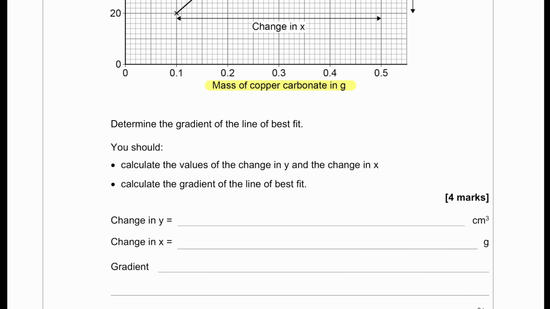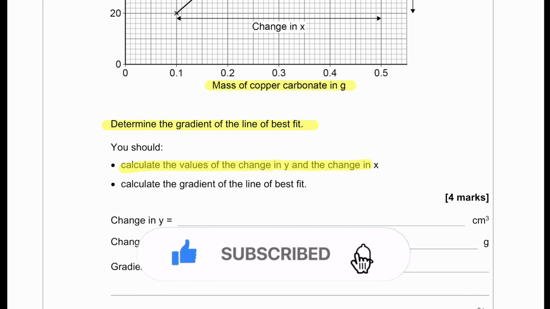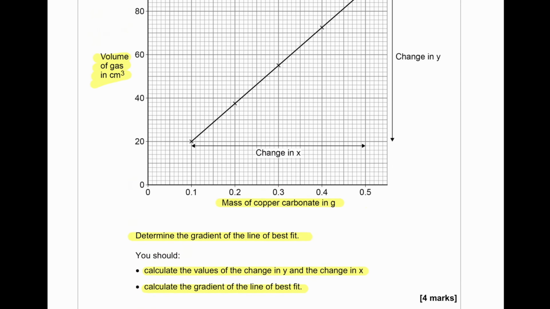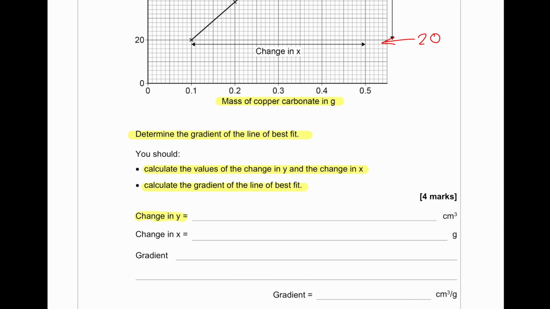Determine the gradient of the line of best fit. Calculate the values of the change in y and change in x, then calculate the gradient. So change in y. Let's do a little bit of extra plotting. This is 90, and this is 20. So change in y is 90 minus 20,